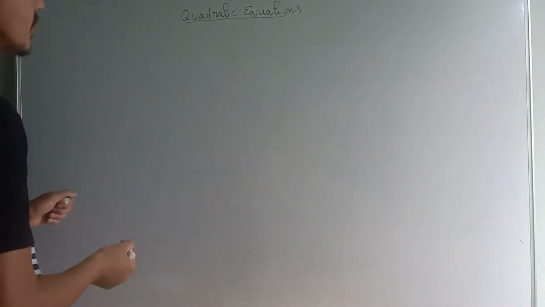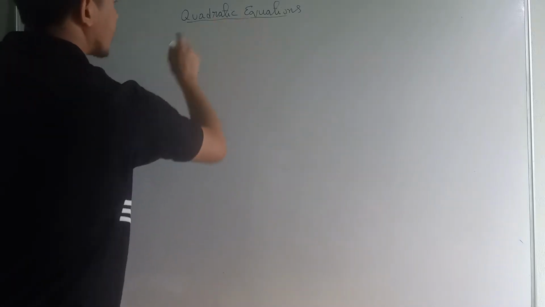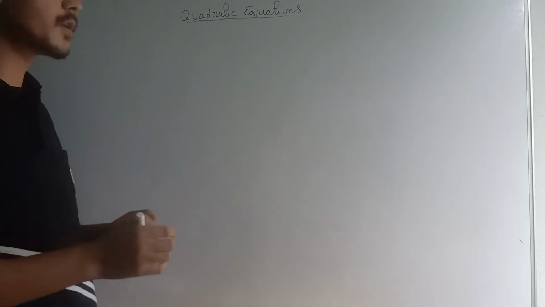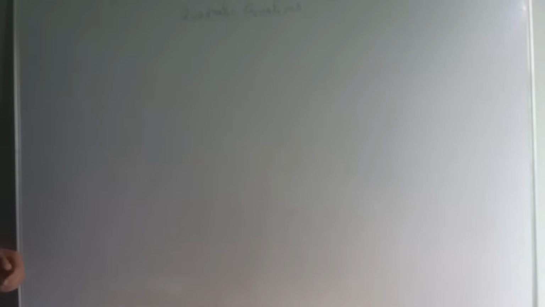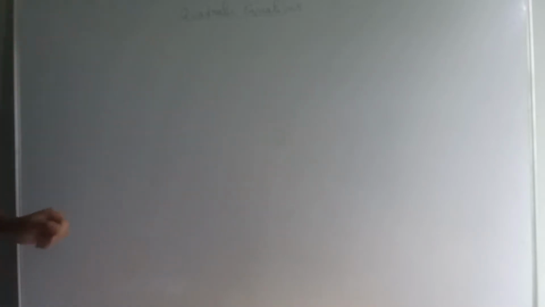In this video, I'm going to discuss NCERT Class 10 Math, Chapter 4, Quadratic Equations. So let's first try to understand what is a quadratic equation. An equation in which the highest power of the variable is 2 is called a quadratic equation. Okay? In an equation, if the highest power of the variable is 2, then that equation is called a quadratic